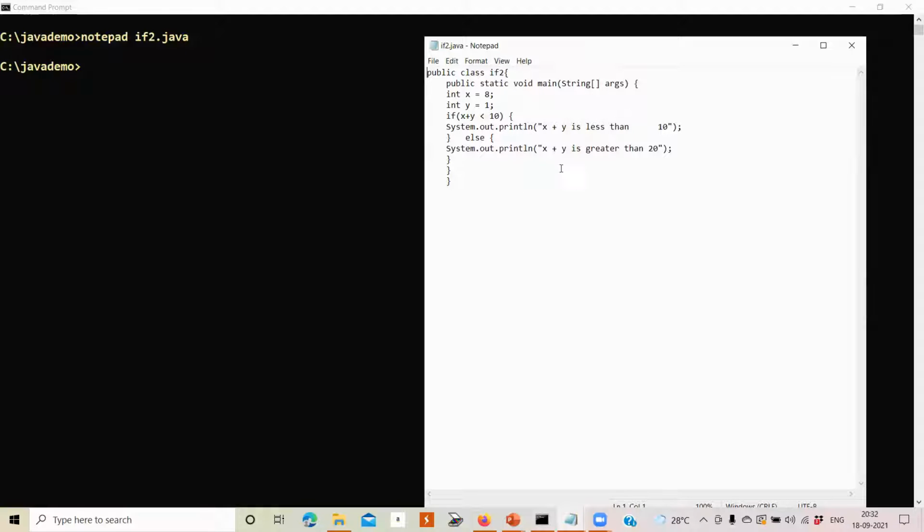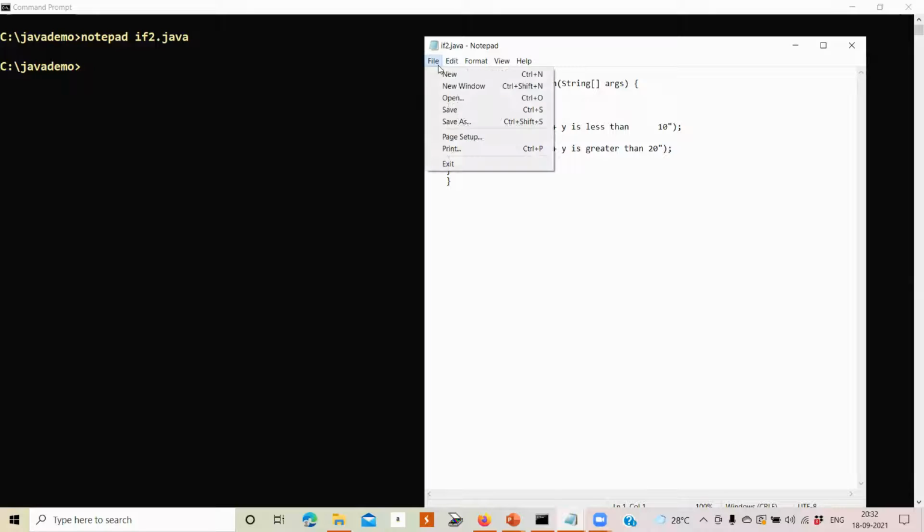If it is not, then we say x plus y is greater than 20. It can be any random thing. Your else statement can also have a condition of its own, or it can just be a simple else. If it's not working, then we just print out whatever is written in the else statement.